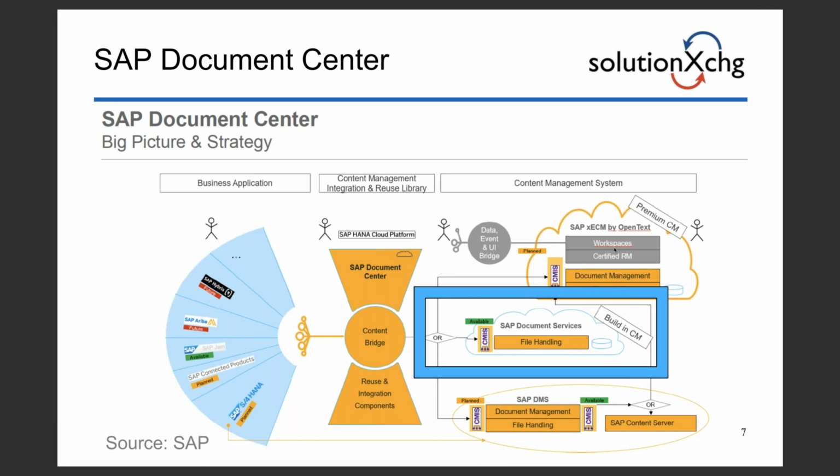It connects the OpenText content management system, which is resold by SAP as a premium content management system, but it can also connect and handle other systems. For example, the Archive Link specific solution or Archive Link capable solutions, then through the SAP document management system that is a core